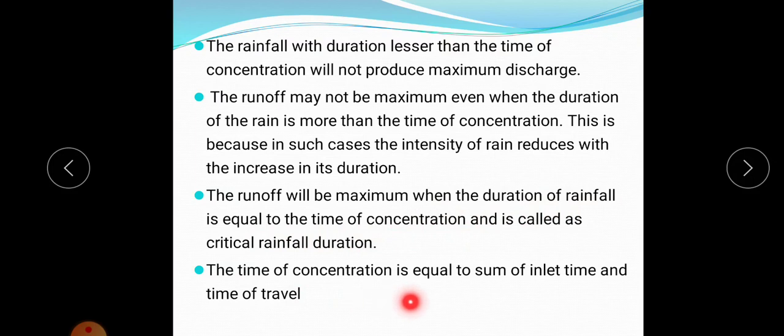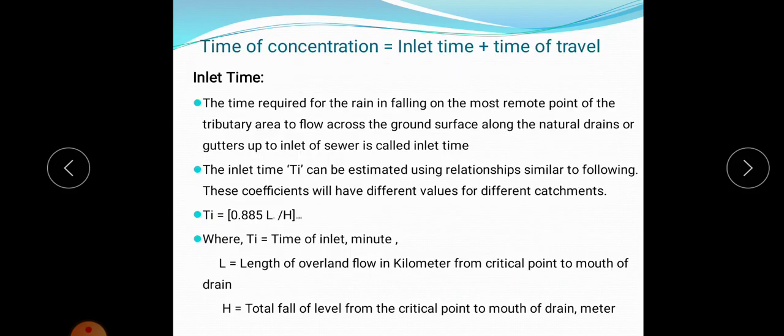Okay, and the time of concentration is equal to the sum of inlet time and time of travel. So time of concentration is equal to inlet time plus time of travel. Inlet time is the time required for the rain falling on the most remote point of the tributary area to flow across the ground surface along the natural drains or gutters up to the inlet of the sewer. That is called inlet time. ഓക്കെ, അപ്പോൾ സീവറിൻ്റെ ഇൻലെറ്റ് വരെ എത്താൻ റിമോട്ട് ഏരിയയും കൂടെ കൺസിഡർ ചെയ്യുകയാണെങ്കിൽ അവിടെയുള്ള വാട്ടറിനും കൂടെ സീവറിൻ്റെ ഇൻലെറ്റിലേക്ക് എത്താനുള്ള ടൈമാണ് ഇൻലെറ്റ്